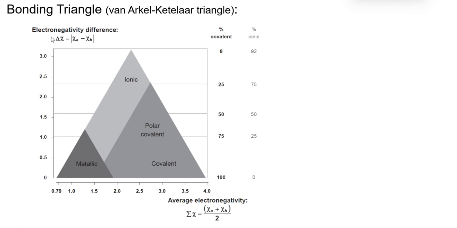And you can see this difference in electronegativity is this axis. Whereas down here now we have our average electronegativity, because of course the electronegativity that these species have will influence its bonding type. So some things we can still see on here. We can see now that we have metallic bonding that does occur and is represented on this, which is important